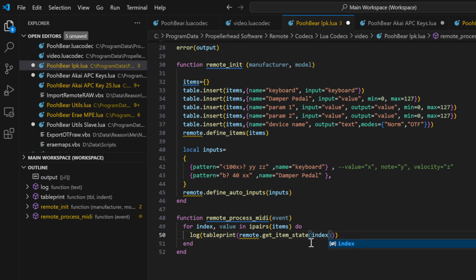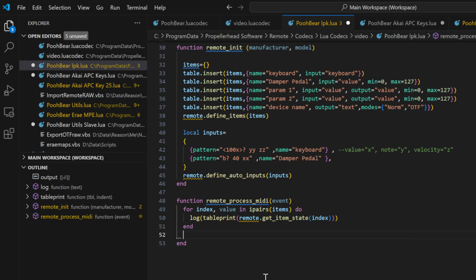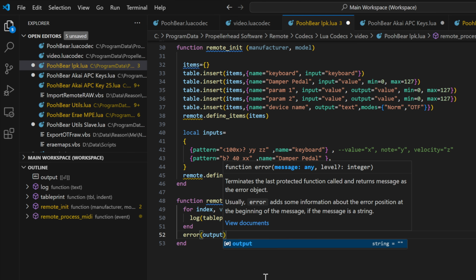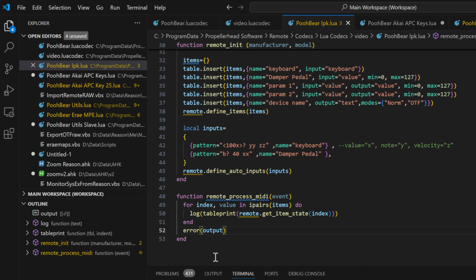I'm actually going to pull every single one out, so it doesn't matter, but that's why I reference that data. So now we've pulled all the, we're going to build ourselves little tables, boom, boom, boom, we logged it out, so we need to do, say, error, and obviously we need our output. So we'll save this, so let's go and grab preferences,